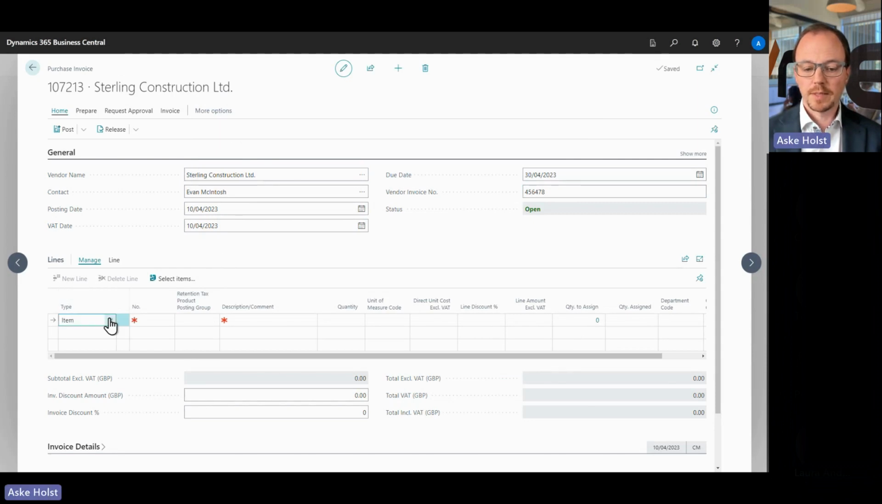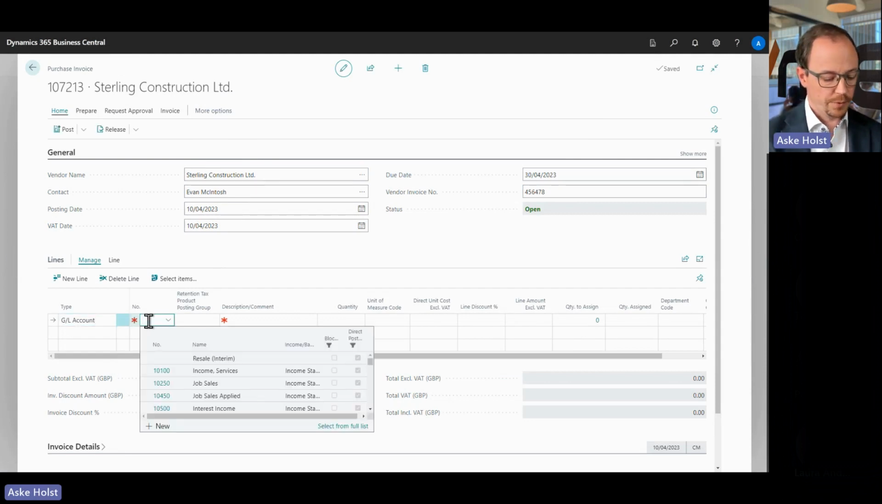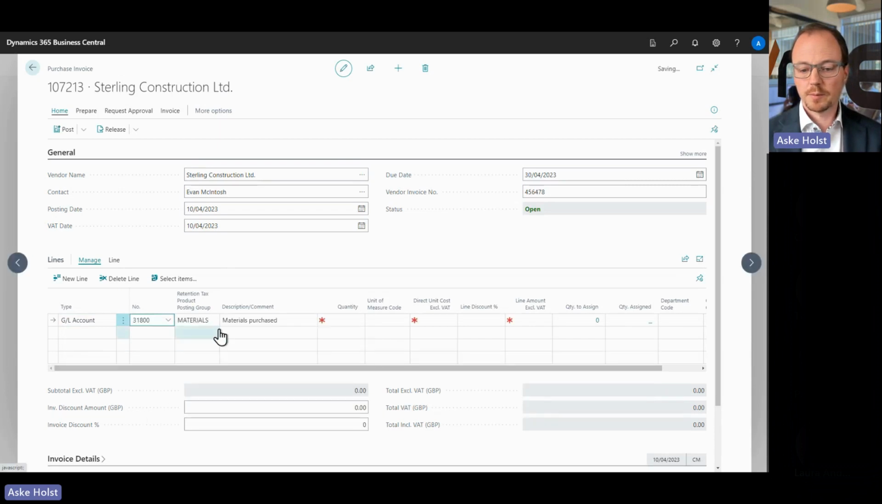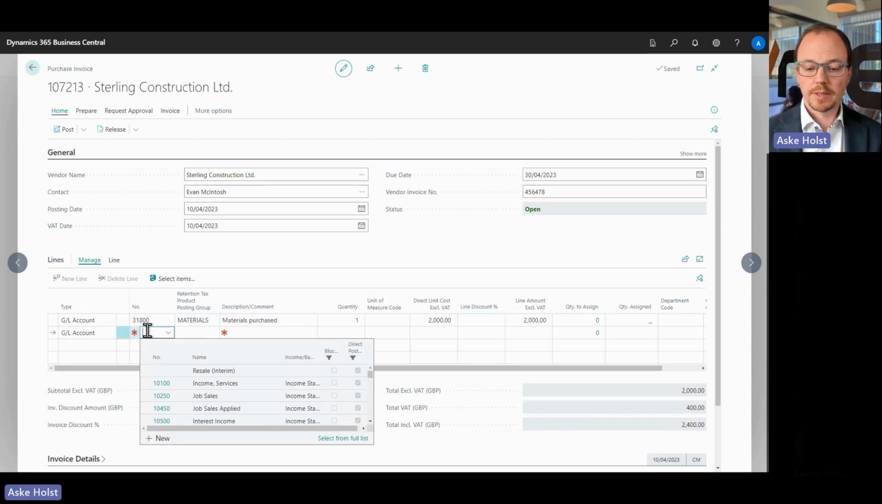GL account. So we will use GL accounts, and I will put in a line for materials again, materials purchased. We can see this comes in as materials, so we put that group on there. Again, I'll just put in a single line and say there were materials for 2,000 on this line. And so there will be a special treatment of this. Similarly, if I put on something for